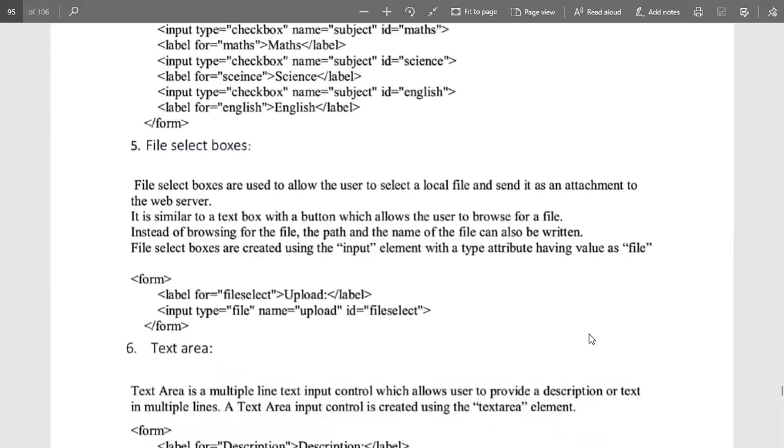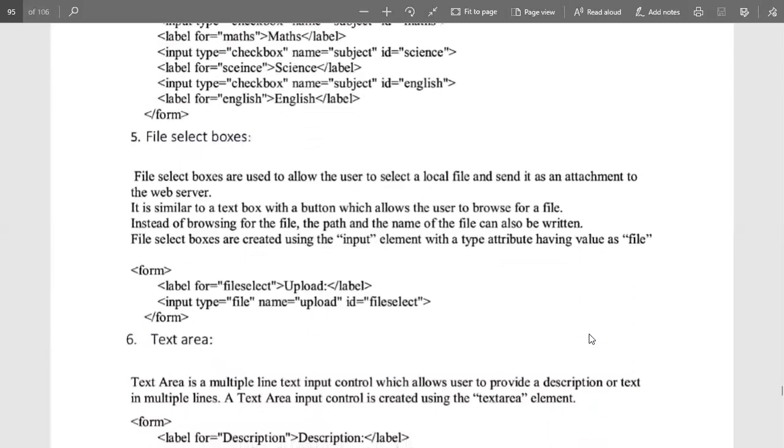Next is a file select box. That means choosing a file we want to upload. For example, whenever I'm applying for any job, we have to submit our CV. That will be placed on our system, but I have to upload it on the form website, right? That is uploaded as a particular file, in PDF format. So a PDF is called a file. This is the criteria for how we can select our file.